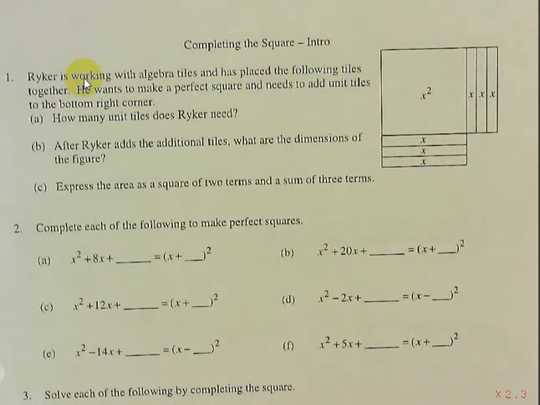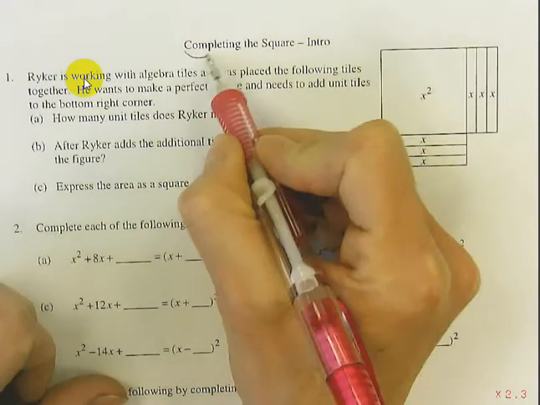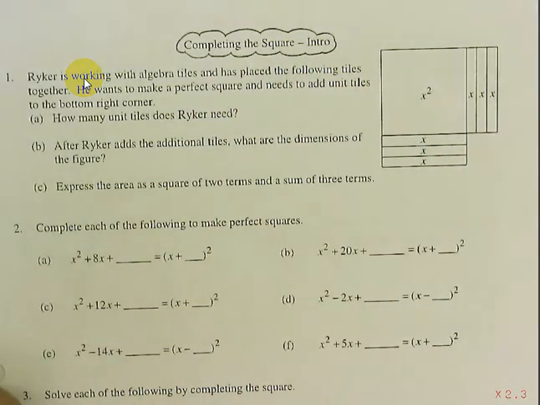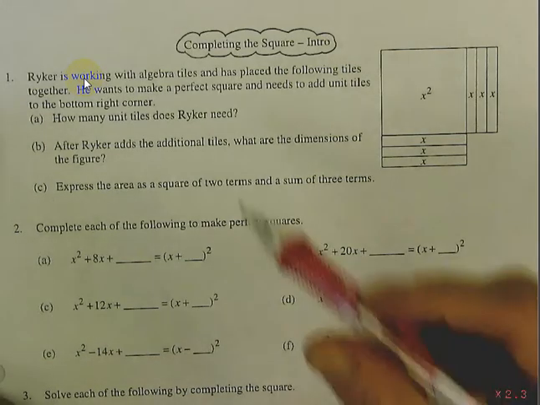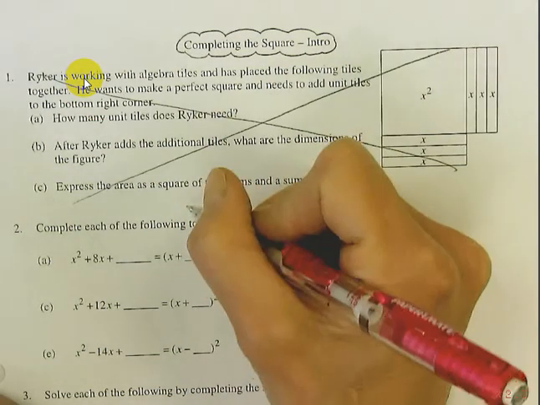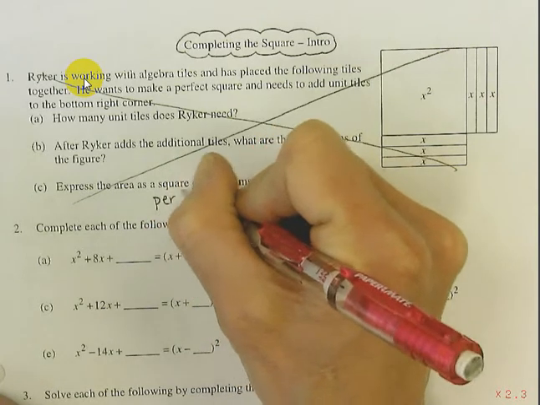Okay, today we are going to be looking at completing the square. Completing the square is the process of creating what we call a perfect square trinomial. So don't worry about number 1. But a perfect square trinomial